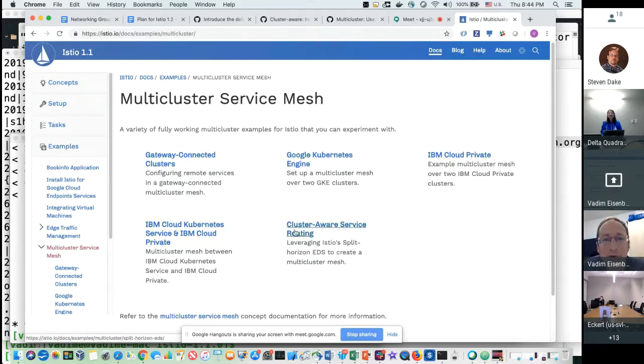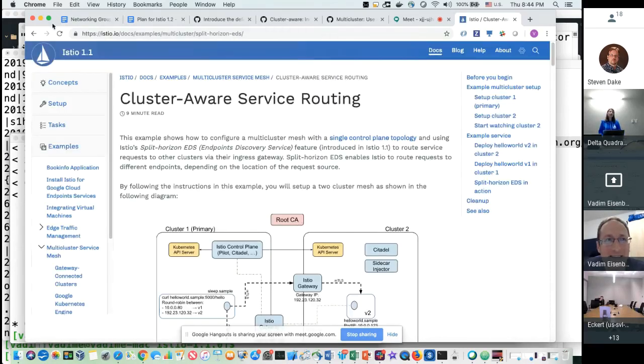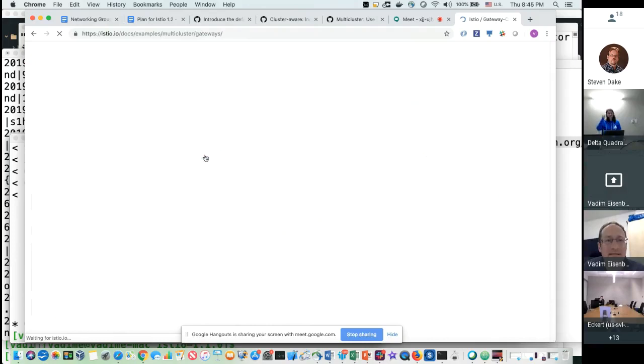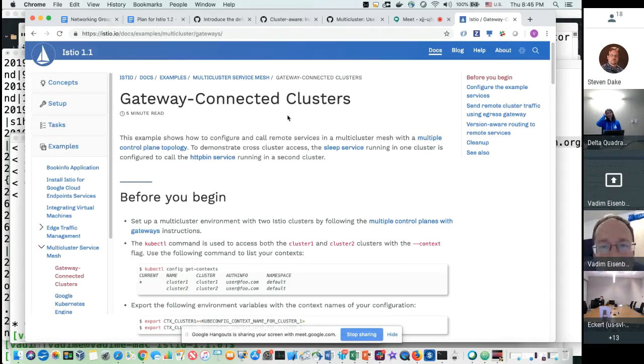So I'm talking about this one, cluster aware. Okay, I'm already behind, I swear. So that's how the gateway connectivity was called, probably three weeks ago. Well, whatever the doc writers decided, that's what we have to go with. Cluster aware service routing, man, that sounds even worse. And service routing is what split horizon was in the past. Is that correct? Yeah, internal names and external names. Right. We need to trust the doc writers.